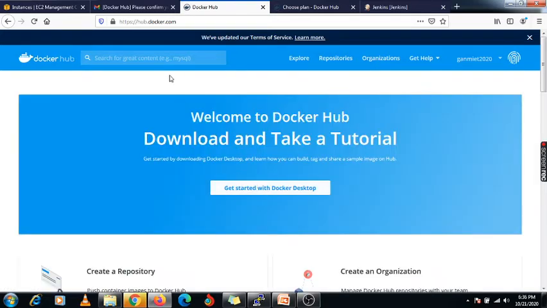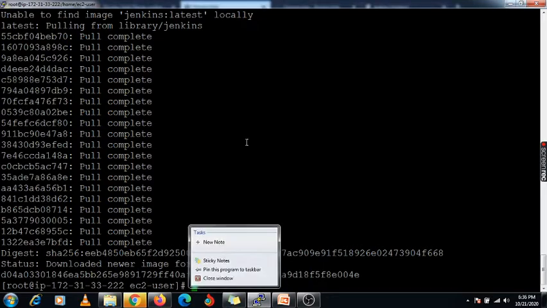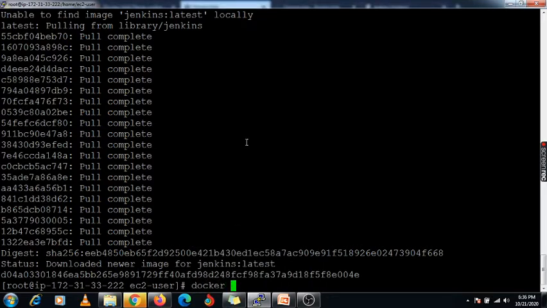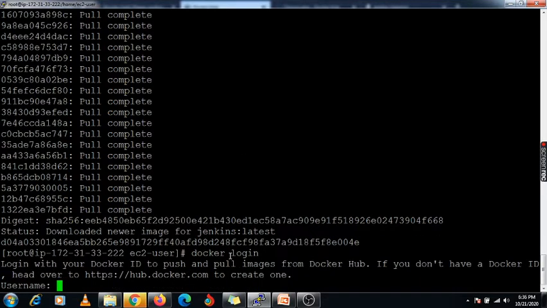Okay, so now it's verified, right? Okay, so this is the method. You need to create your Docker Hub account, and now you need to use the command, that is Docker login. Okay, so using this command, Docker login, you need to log in, and here you need to mention your